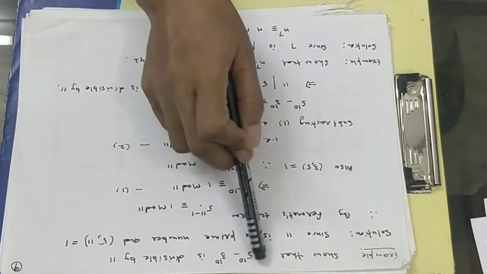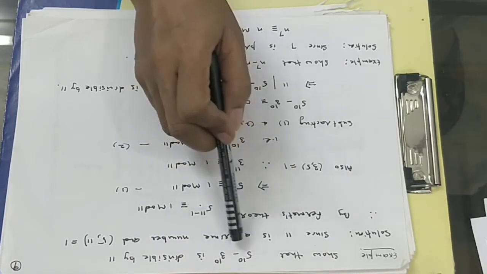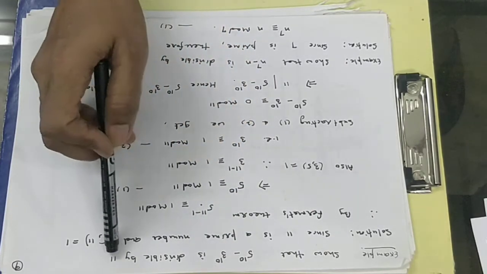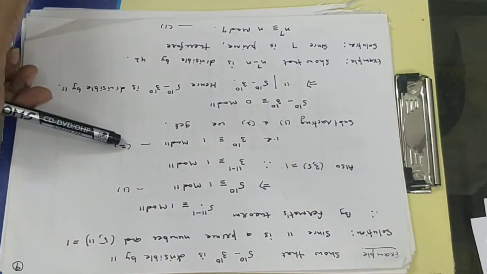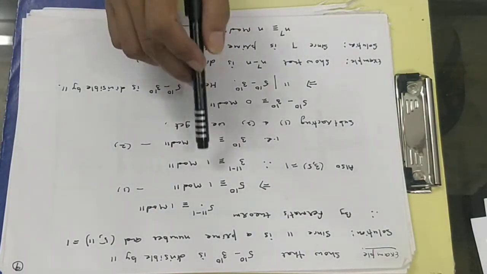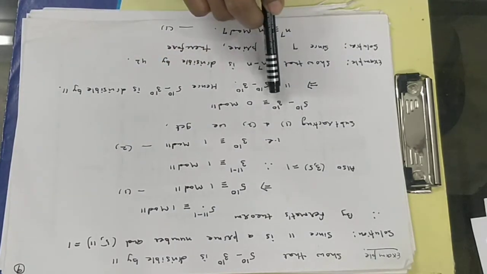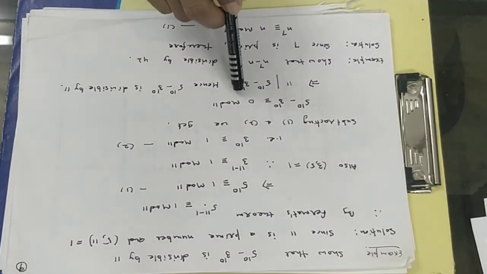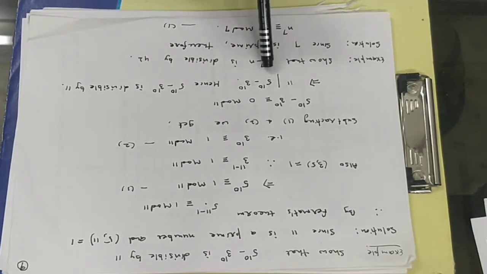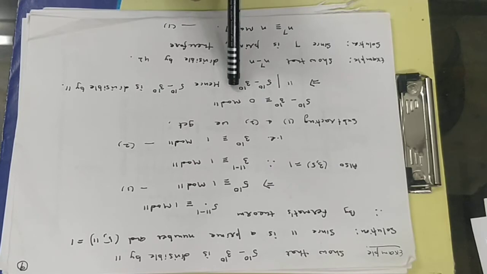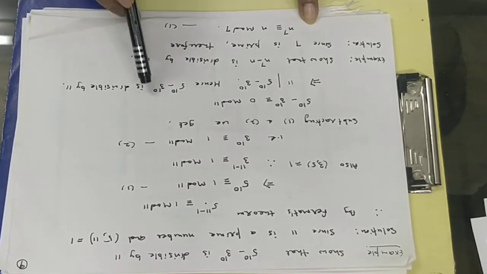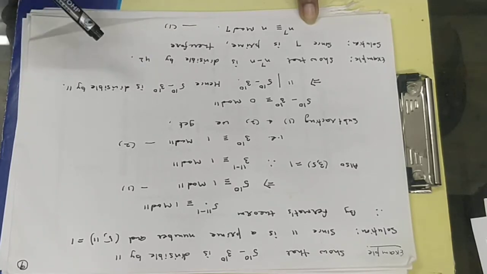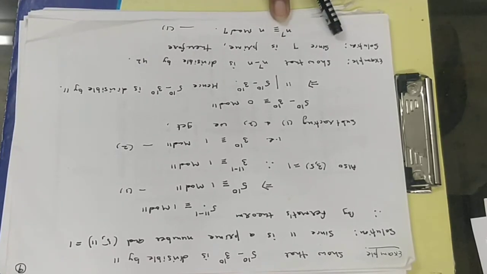Now we have to show this result, that 5 to power 10 minus 3 to power 10 is divisible by 11. But this we can obtain by subtracting 1 and 2. That gives 5 to power 10 minus 3 to power 10 is congruent to 0 modulo 11, and this shows that 11 divides 5 to power 10 minus 3 to power 10. Hence this number 5 to power 10 minus 3 to power 10 is divisible by 11. Let's take more examples.